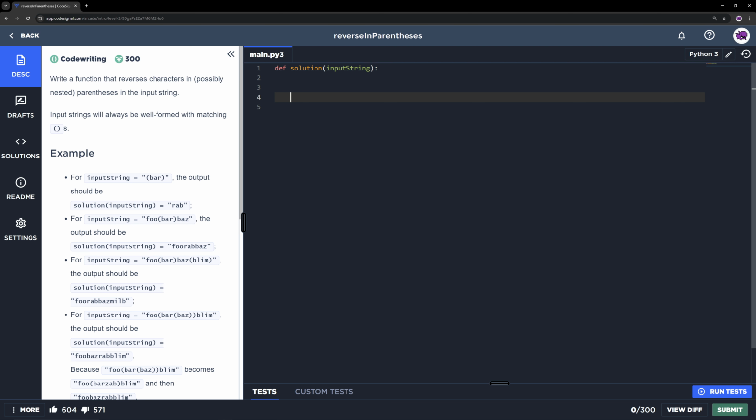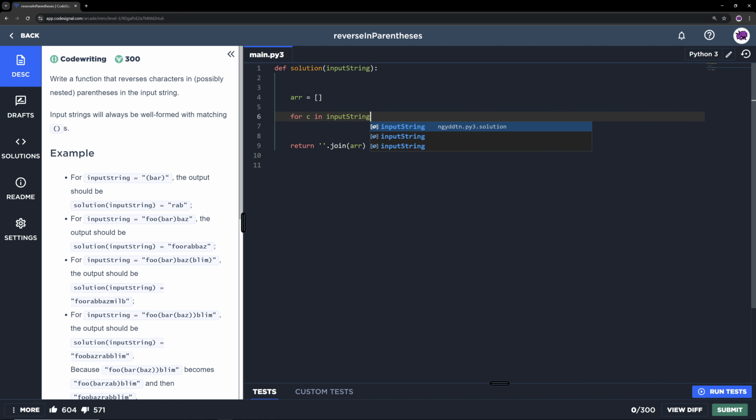So this problem is already getting the input string, so I don't think there needs to be a helper function because we can just return the function by itself. Okay, so for i... I think so. Let's just create an array, and then basically you just add character by character, and then join them together, right? So the idea would be to return that essentially. But you have to add character by character, right? So for c in input string,